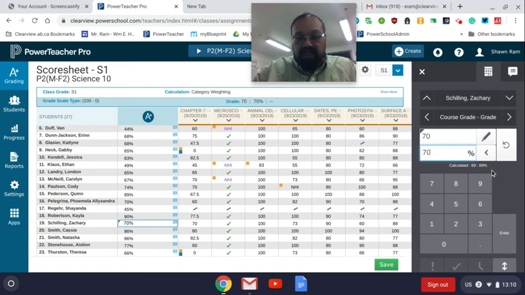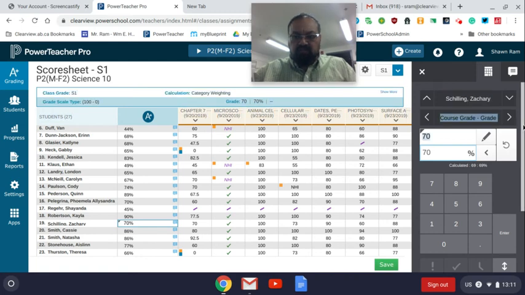Once you're done, you click off of it and it is going to ask you to save it. It will show this little asterisk on the side. Basically, that's an indication and a reminder to you. It doesn't show up for the parent, but it does show up for you to know that you bumped it up. Once I do that, I can hit save. And as per instructions,